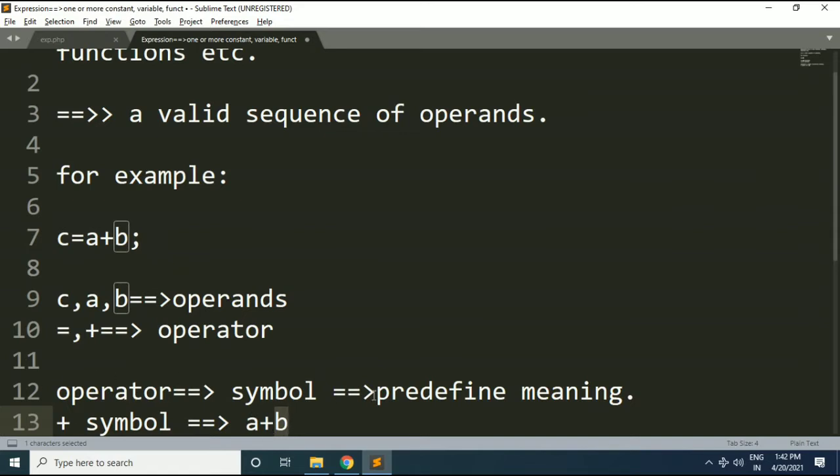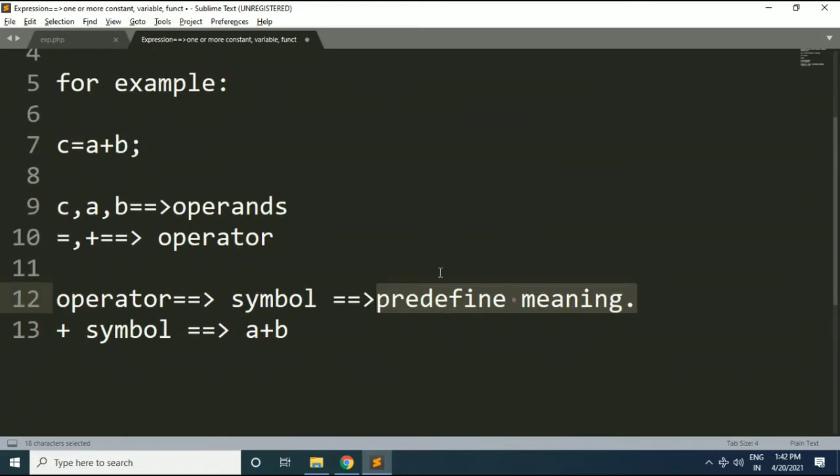So every operator has certain predefined meaning. So you cannot change its predefined meaning, or you cannot create a new operator as well. Okay, as well as you cannot change how many operands the operator will require in order to perform its operation. For example, here plus operator requires two operands. This is the first operand, this is the second operand. So you cannot change this number of operands as well, which is required for performing operation for a specific operator.